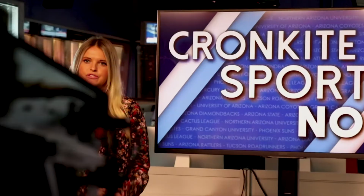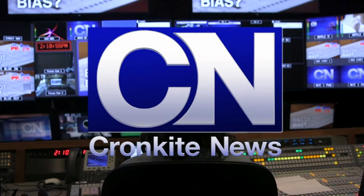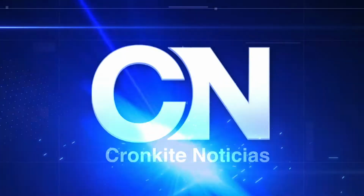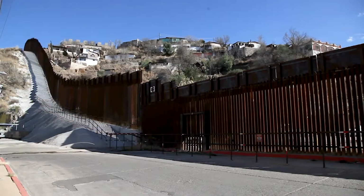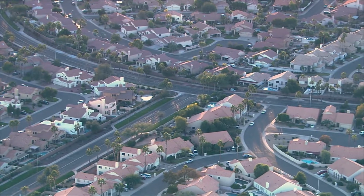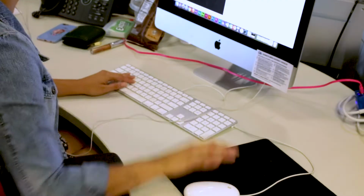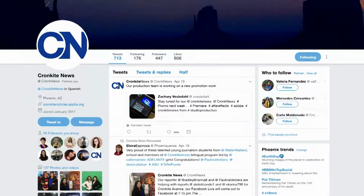Some of the best players for their program. Cronkite Noticias is the Spanish-speaking division of Cronkite News, covering topics such as economics, education, sustainability, immigration, and border relations. Cronkite Noticias strives to serve the Spanish-speaking community in Arizona. Under the guidance of prominent Spanish-speaking professionals, students at the Walter Cronkite School of Journalism develop content for our broadcast partner, Univision, as well as on Facebook and Twitter. Explore Cronkite Noticias at